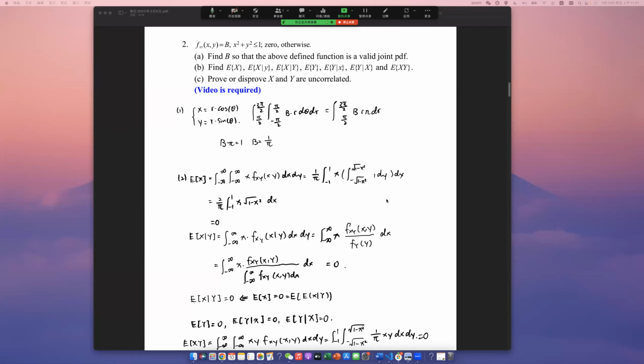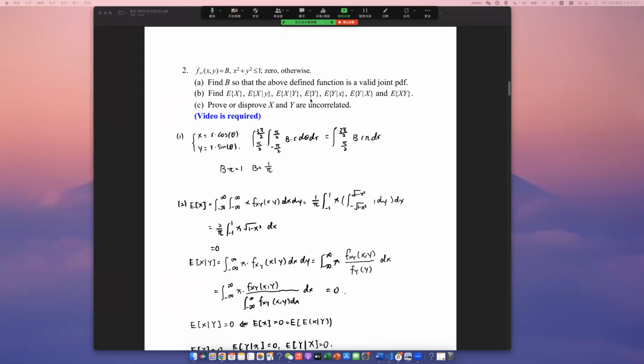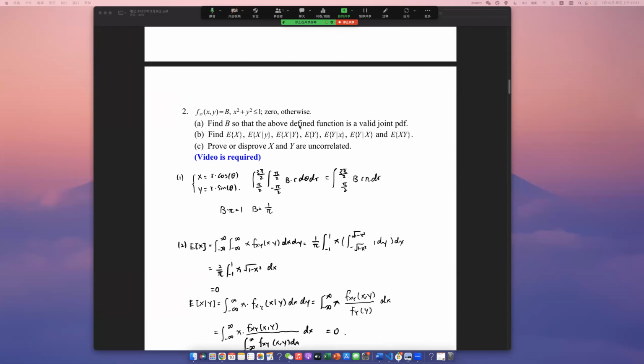So for this question, part 1, we need to find B so that the density function is valid. We can change the x squared plus y squared to a circle, so it's easier to calculate. So x equals r times cosine theta and y equals r times sine theta. And we plug them in and change the dx and dy to d theta and dr, and get the